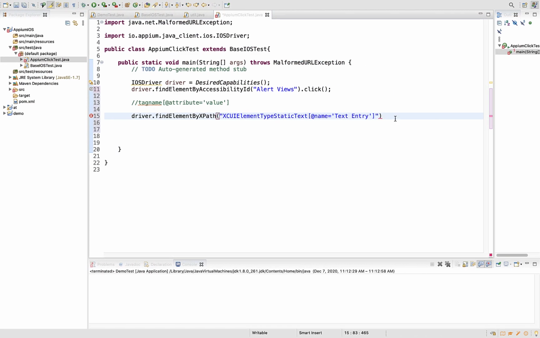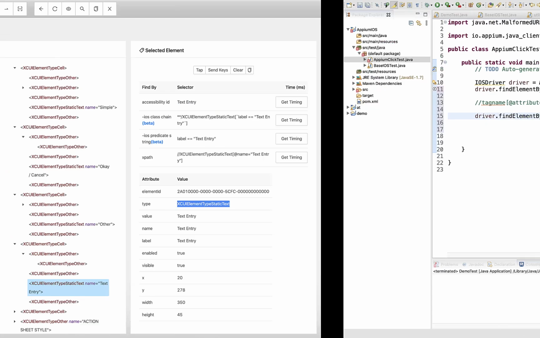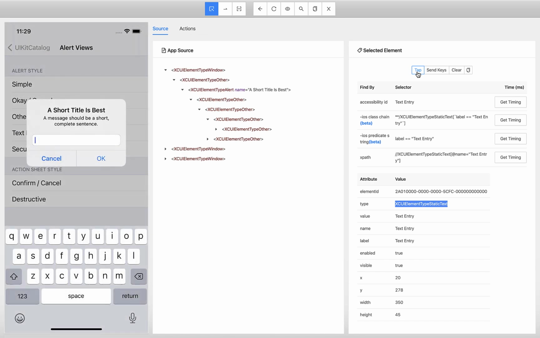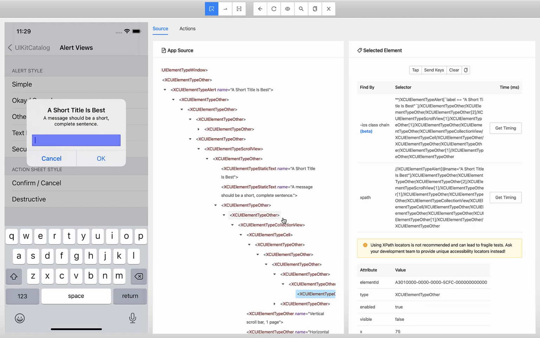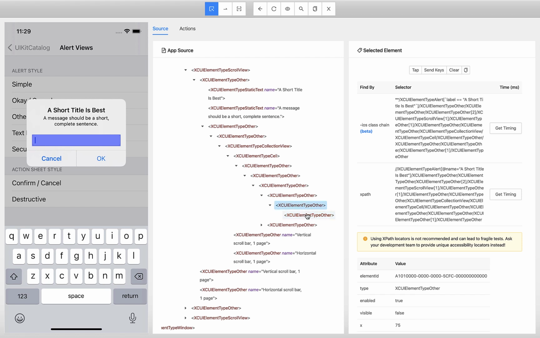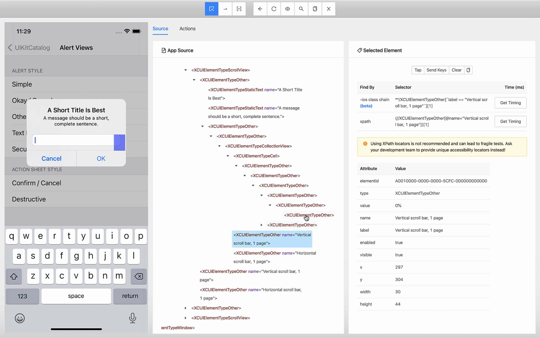On this, what you have to do, you should give one more click, because that opens one edit box, isn't it? So when you click on the text entry, if you tap on it, what happens? That will open an edit box where you can able to type anything here. Okay, so this is an edit box, and scroll down. So see if you are able to get any unique ID. Nope. So this is the one. If you go down, it's taking another one. Okay.